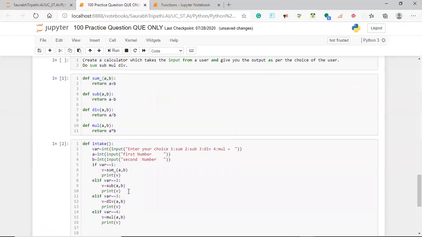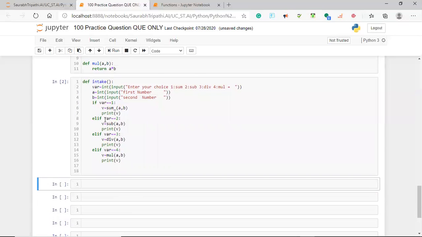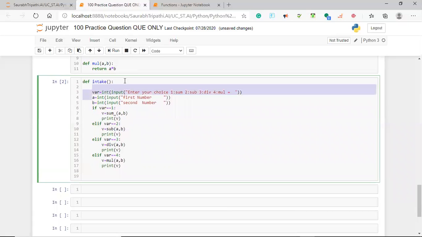So in this function, as you can see, we have 1, 2, 3, 4 and 5 functions right now. 4 functions will simply do the calculation, and this function will use the whole body. That is, it will ask for the inputs and all those things, and once it is done, it will simply go out, guys. And again, we can add a while loop inside this too. So when we call this function, a while loop will start running, and it will keep asking if we want to continue or not. To achieve this, we need to move the whole block, right? So let us start with a while loop.